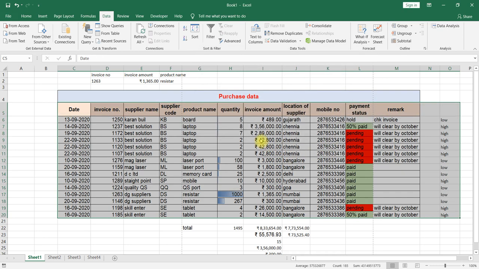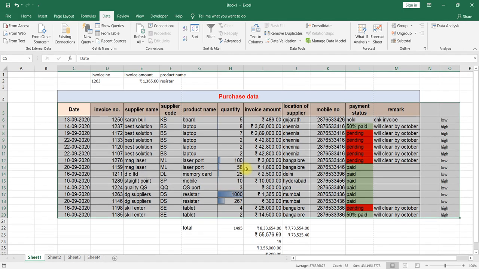Now you can see the invoice amount has been arranged largest to smallest. In board only one invoice is there. Laptop we have a couple of invoices, largest on top, smallest at the bottom. Again laser port, largest to smallest. Again tablet, largest to smallest.